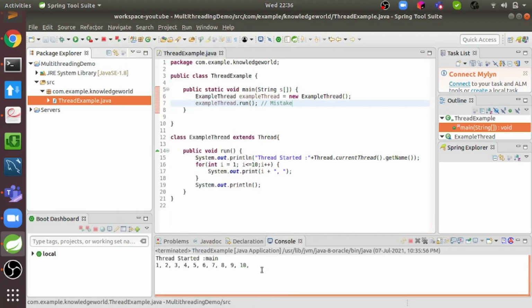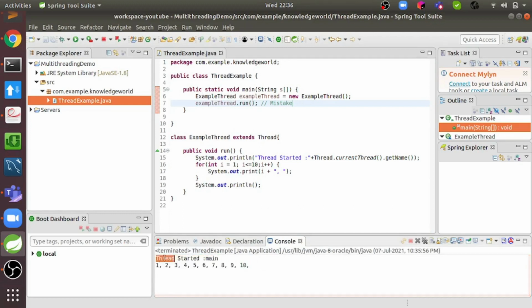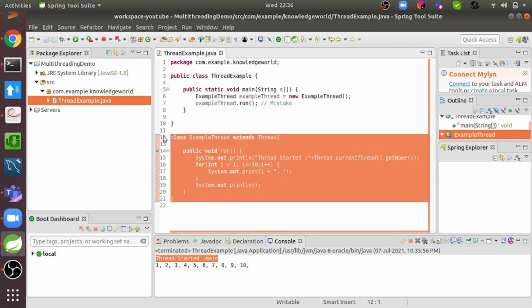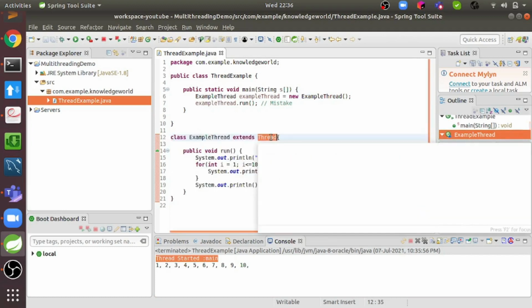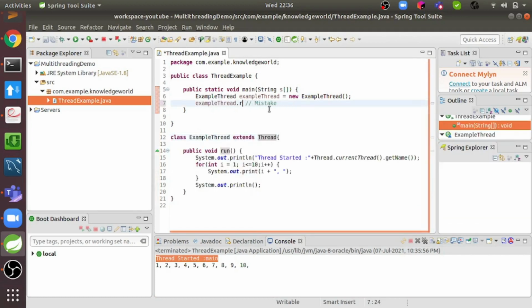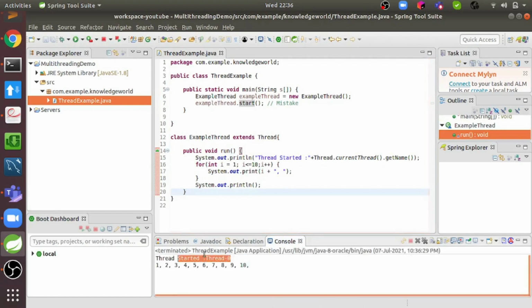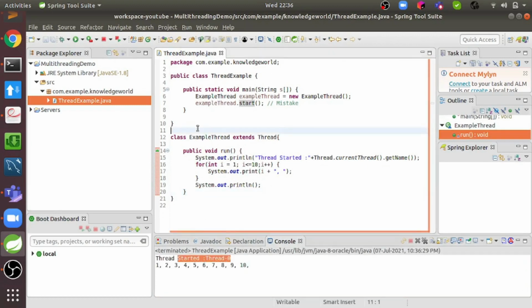What happens is, you've seen it prints the output and all, but it shows the thread name as main. This code is running in the main thread, but this function should not be running in the main thread because we have started a new thread here. So the point here is we have to call the start method. When we call the run method, it executes as a normal method, but when we call the start method, then it executes the run method in a separate thread, right? So now if we run it again, you see the thread name is Thread-0. Okay, so this is one of the ways of creating a thread.